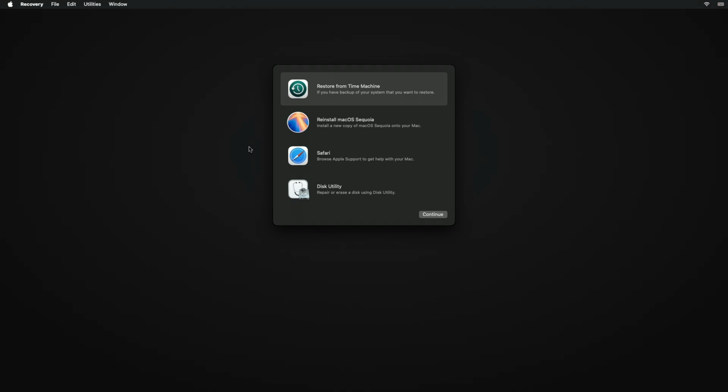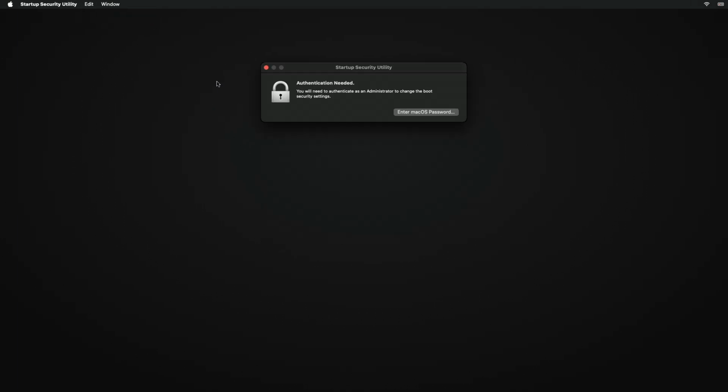If you're asked to select a user you know the password for, select the user, click Next, and then enter their administrator password. When you enter macOS Recovery, click on Utilities from the menu bar, and then select Startup Security Utility